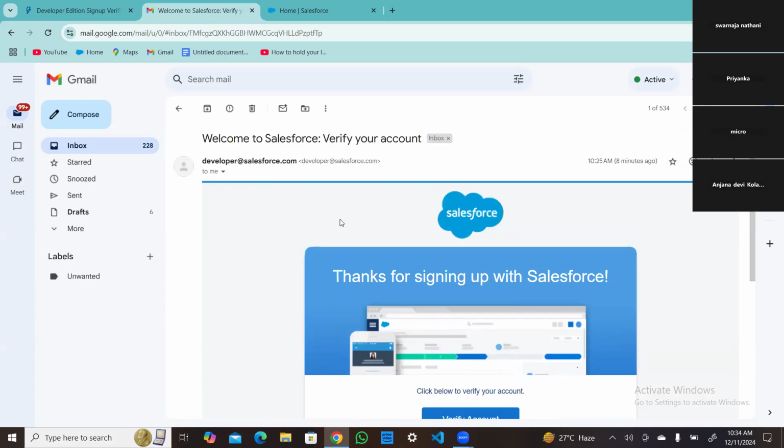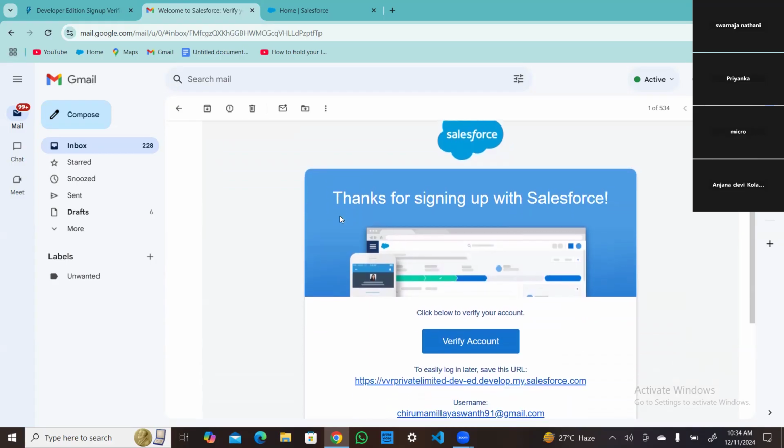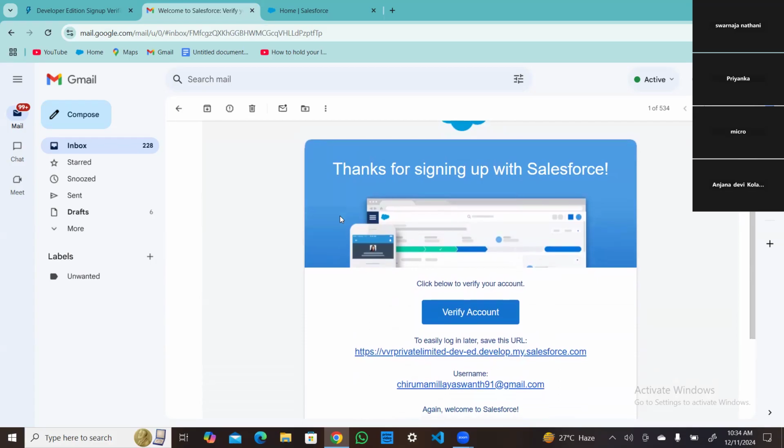Welcome to Salesforce, verify your account. In that, they will mention the username that you have provided. So that is the username, and then you will have the verify account.